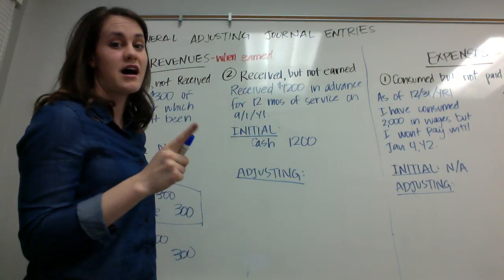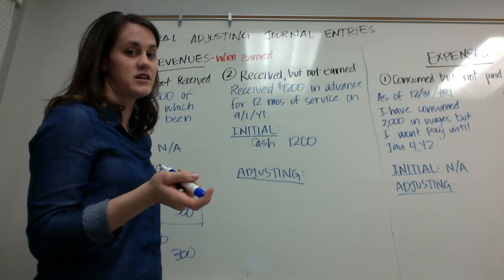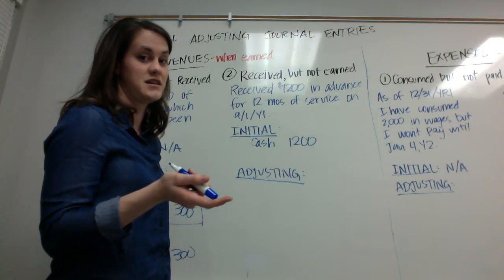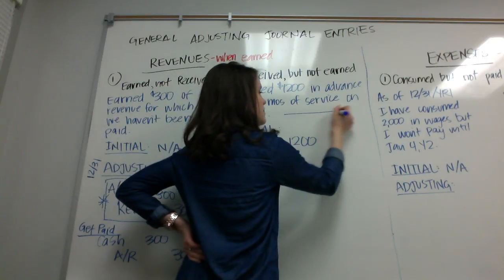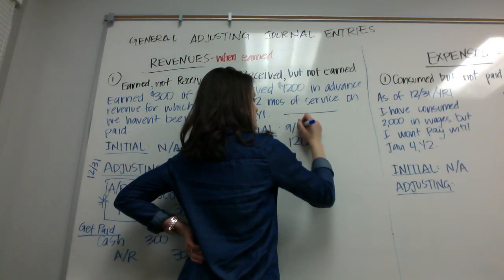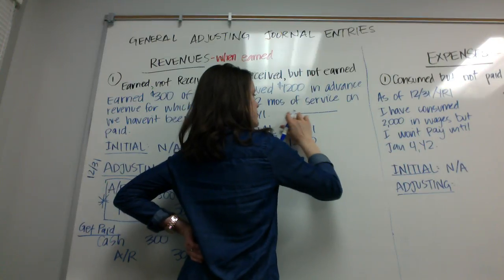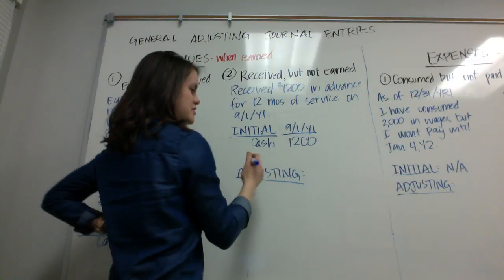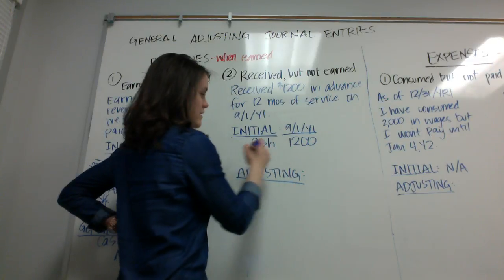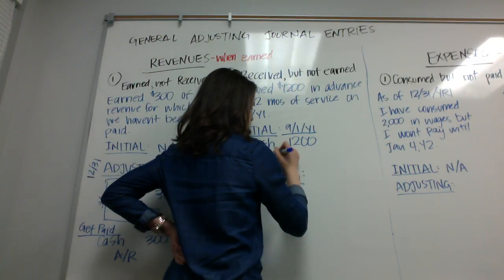And I can't record the revenue. We already decided that because I haven't actually earned it yet. So, and this was on 9/1. So this initial journal entry will be on 9/1 year 1. I won't draw the timeline now. Okay, 9/1 year 1. We get the cash, and because we haven't earned it yet, I'm going to record it